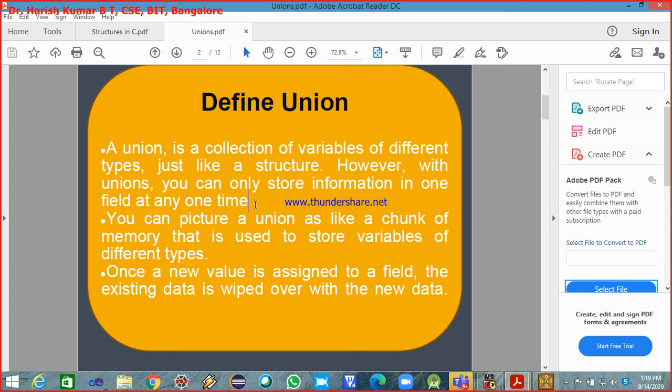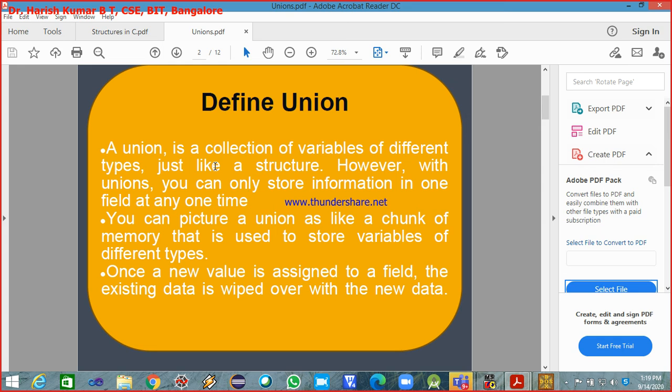In a structure it is possible for you to store the information of all the fields at any point of time, but in a union you can store the information of only one field at a given point of time. And why is this? Because there are basic differences.